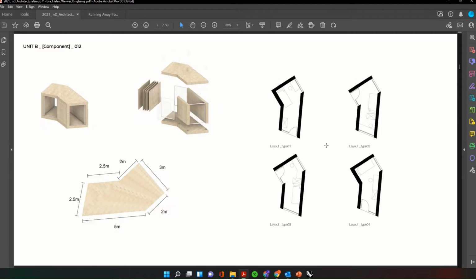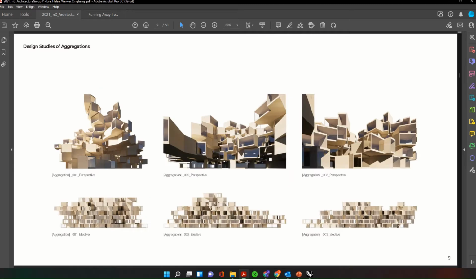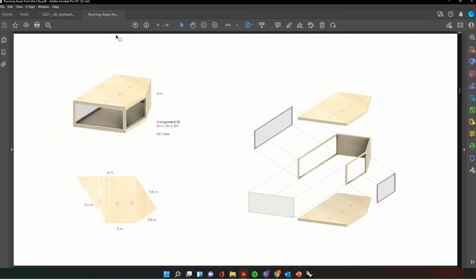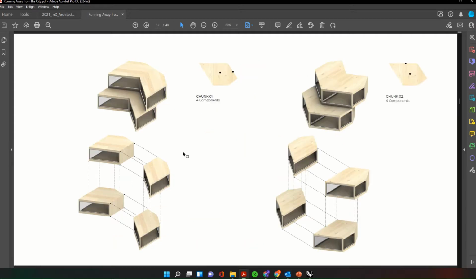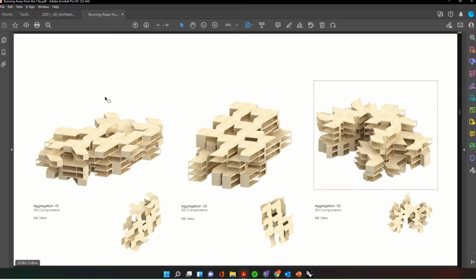That'll be for a later tutorial, but more focusing on the connection logics of your components, as well as then how you show it in your presentations, as well as your breaking these connections up into how they're connecting with each other in these micro chunks, and then looking at this larger kind of chunk